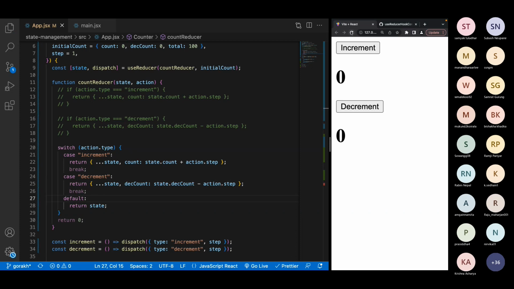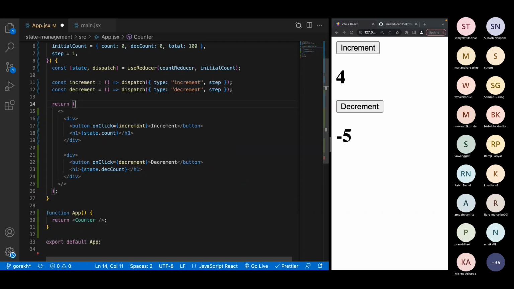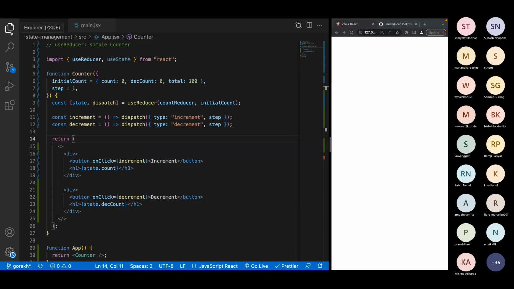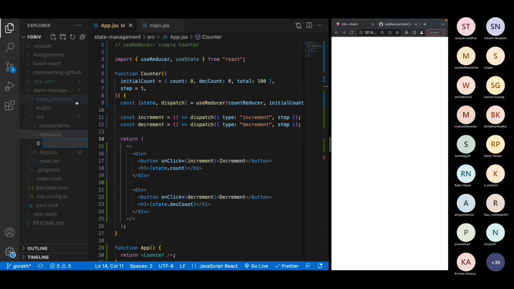So this is just another syntax. It will also do the same thing. Now we don't need this one as well. Either you can implement if else or switch case. Most of the time you will see this syntax in the reducer function. Now, this is just a reducer function. In the real world, you will have a lot of reducer functions. Then it is good to actually store it in some other folder like reducers and create a count reducer